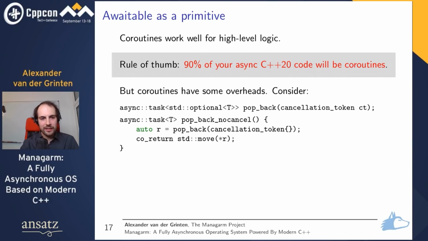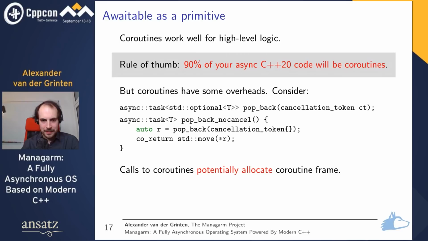We're going to co_await the result. Oh, that's something that is broken on this slide. So we want to co_await the popback operation. And then we want to move the result out of this optional here. We know that there's an optional value available because, well, the cancellation token is never canceled here. So that works and it looks quite simple, but there's an obvious drawback if you dive a bit more into